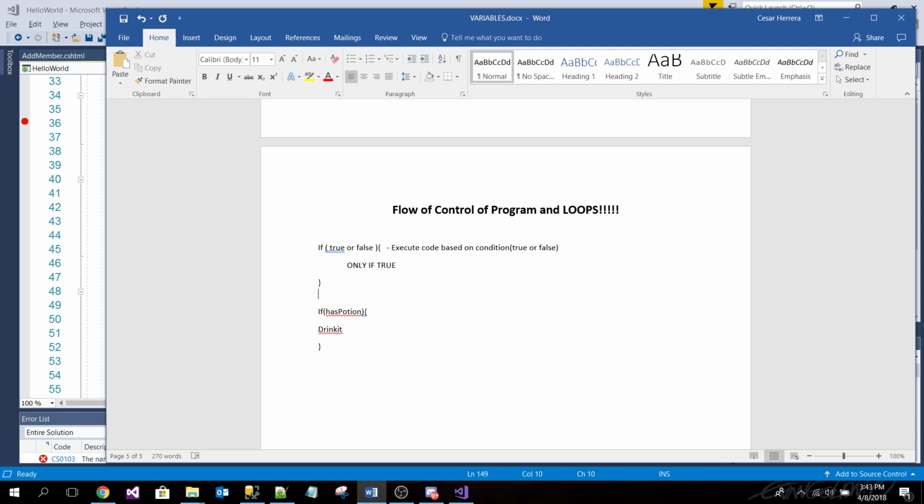So let me ask you a question though. I say if has potion, right? So are you guys familiar with what logical statements are? Because up to now, if has potion, in this case, what does has potion have to be?